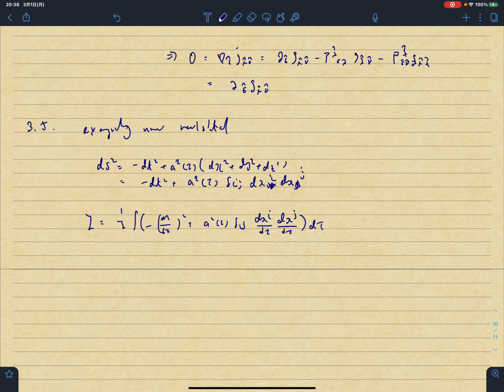Each equation corresponds to a component of the geodesic equation derived by varying with respect to x^mu, where the term dx^rho dx^sigma will be multiplied by the Christoffel symbol. For the metric 3.72, we need to consider separately the variation with respect to t and with respect to x^i. It doesn't matter which spatial variable, since the result for any spatial direction will be equivalent. Let's start with t going to t plus delta t. The only time dependence comes from the scale factor, which to first order becomes a plus a-dot delta t, where a-dot equals da/dt. We therefore have